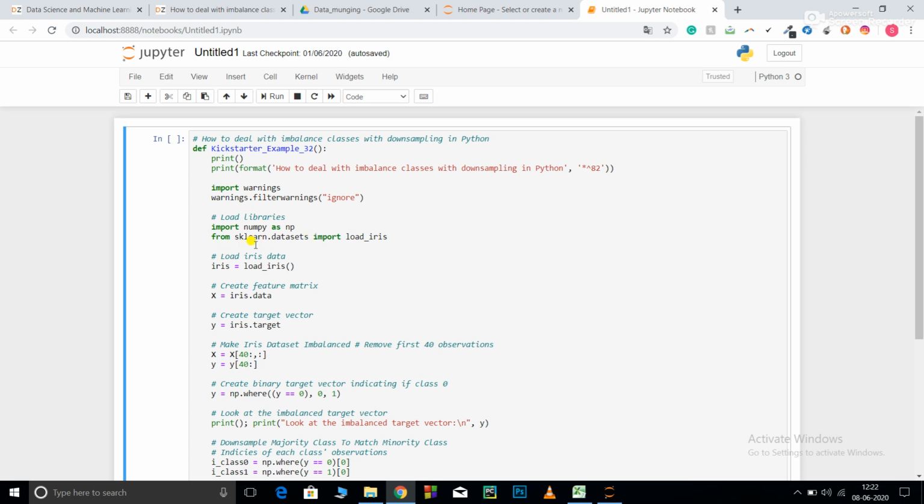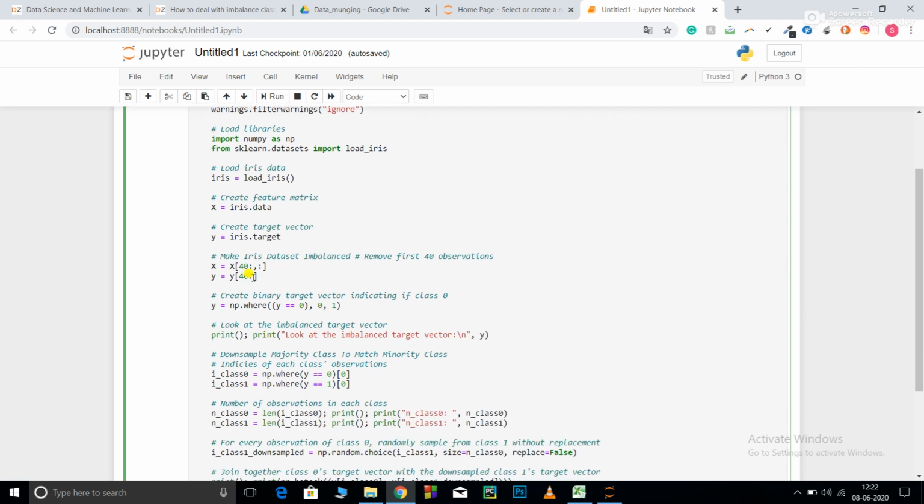Import numpy as np. I have loaded my classification data set that is already present in sklearn, that is my iris data set. Now iris is equal to load_iris. I'm saving the feature matrix in the name x, and I'm saving the target matrix in the name y. I'm removing the first 40 observations.